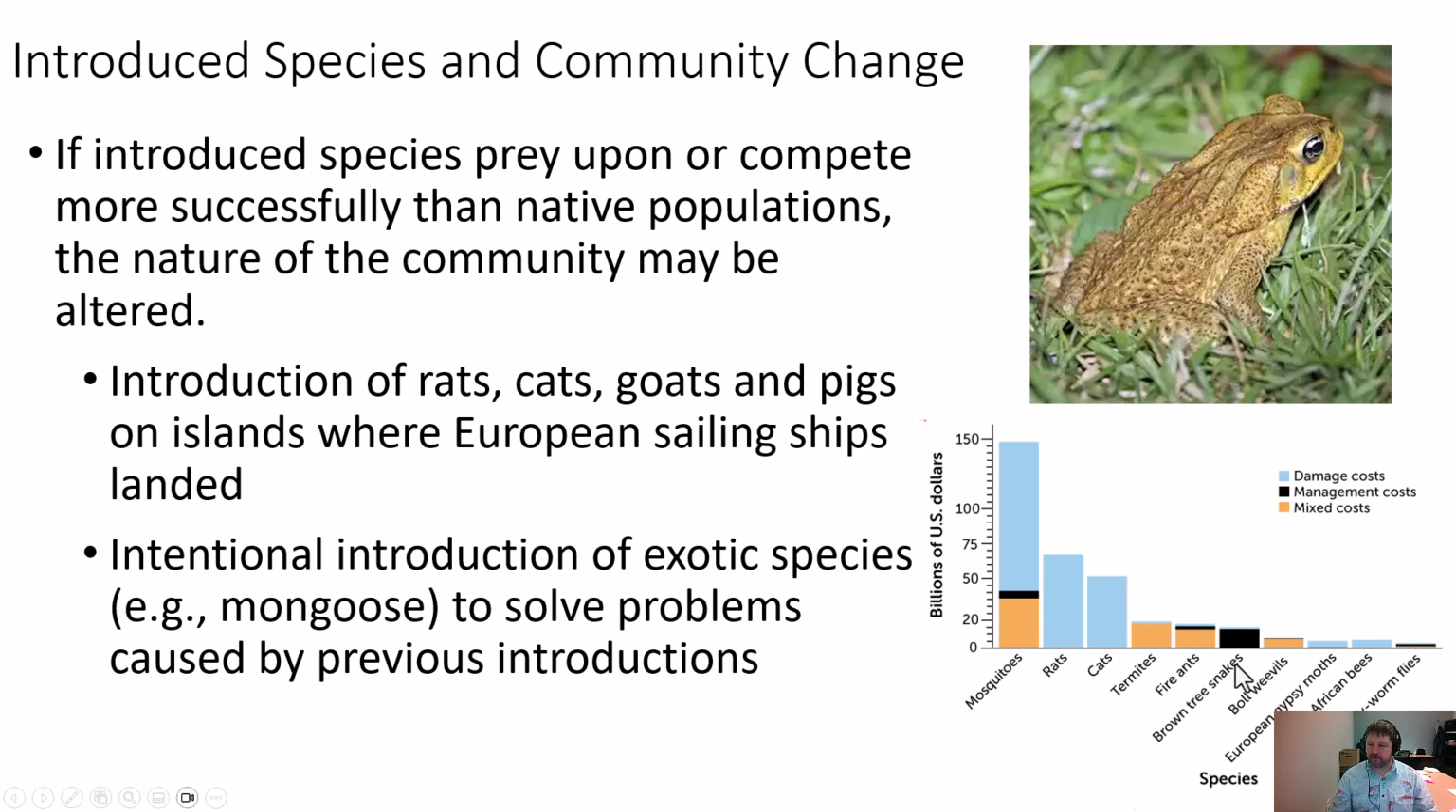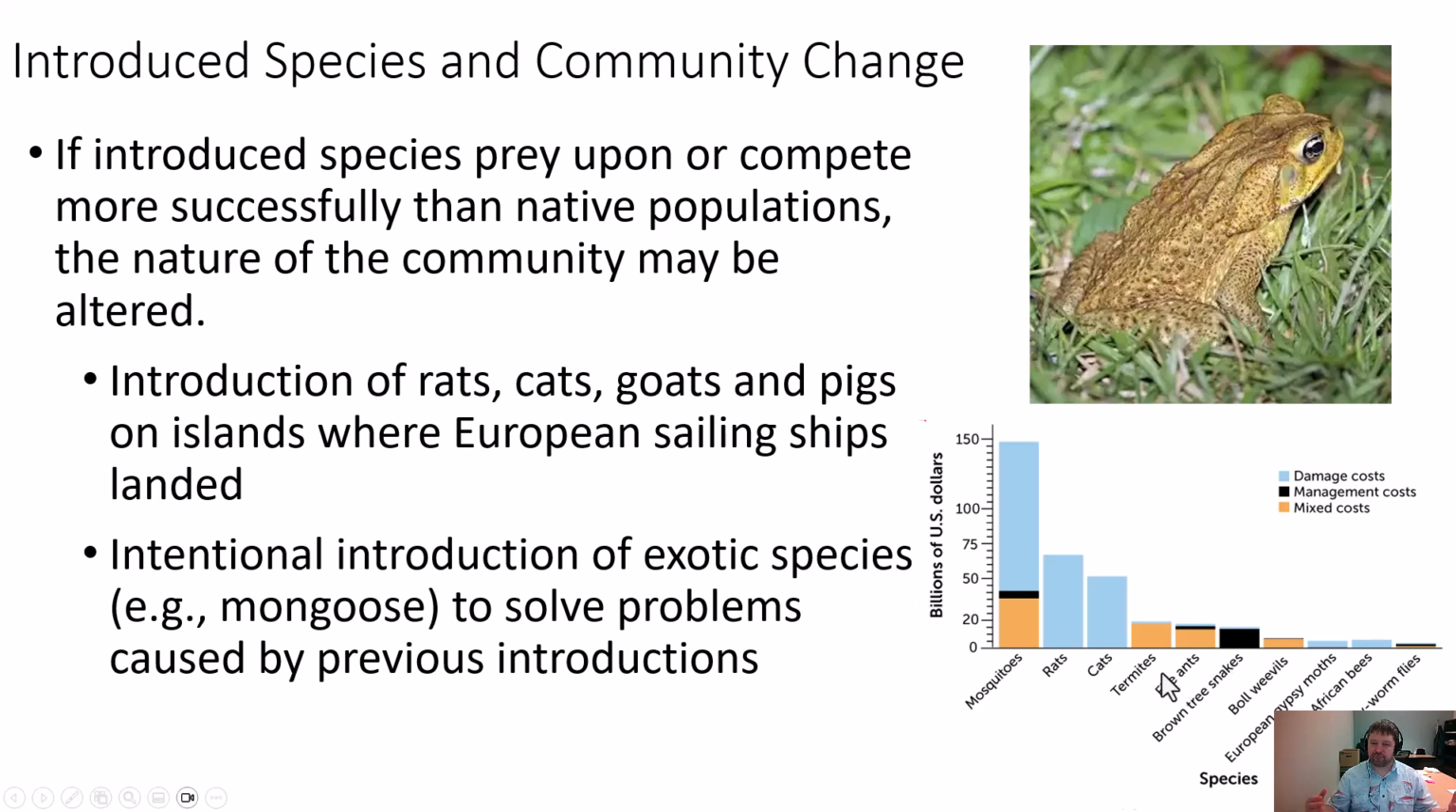Invertebrates that are introduced, like termites, of course, they're affecting the primary producers directly. Fire ants are typically affecting either primary producers or primary consumers. The brown tree snake, it's a big deal when it comes to nesting birds. They're very good at consuming bird eggs, and